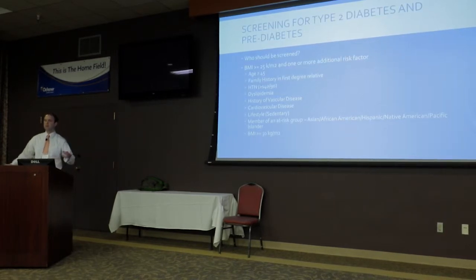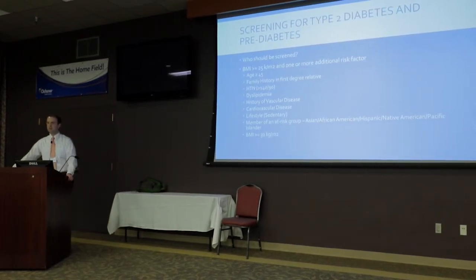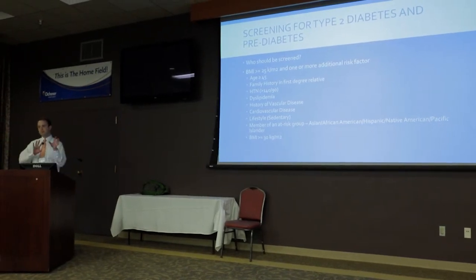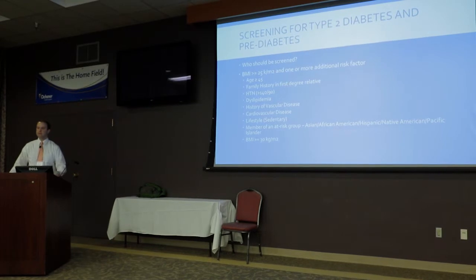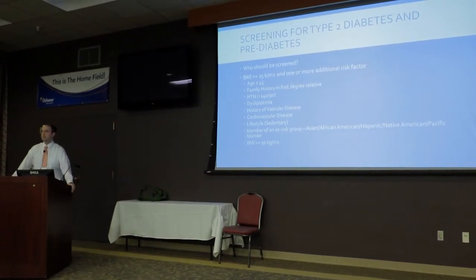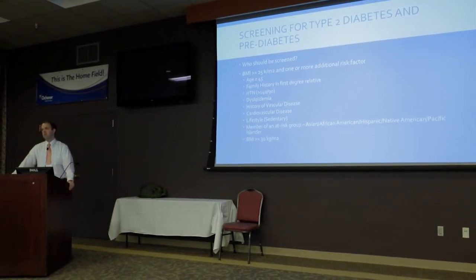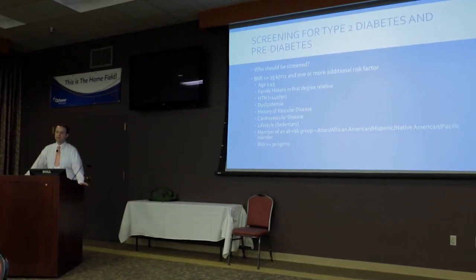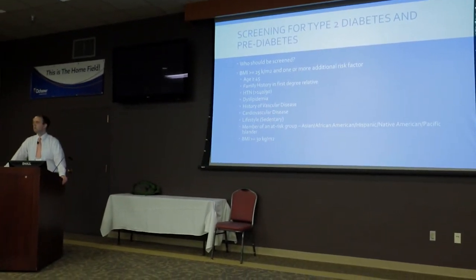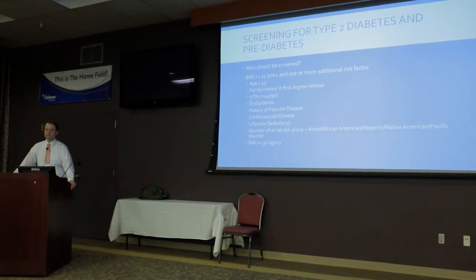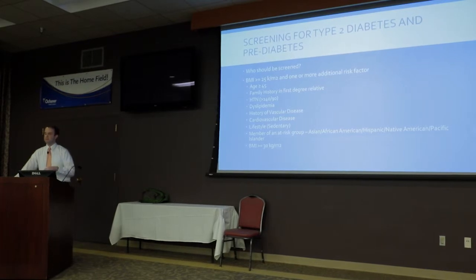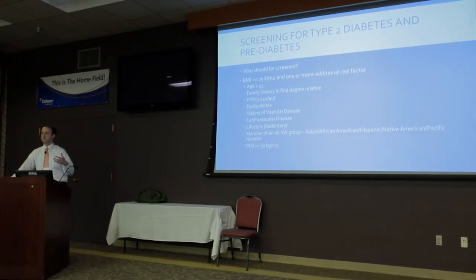So with that, how do we take care of type 2 diabetes? Now, there's a lot of overlap between type 1 and 2, but like I said, we're going to focus on 2 because of the high incidence. Who should we screen? Should we screen everybody? Like, just show up, everybody gets a hemoglobin A1C or fasting blood glucose level? Well, the experts really don't know either, to be honest with you. So this is, if I remember correctly, from the ADA, and there's also the United States Preventive Task Force that also has some guidelines with that.